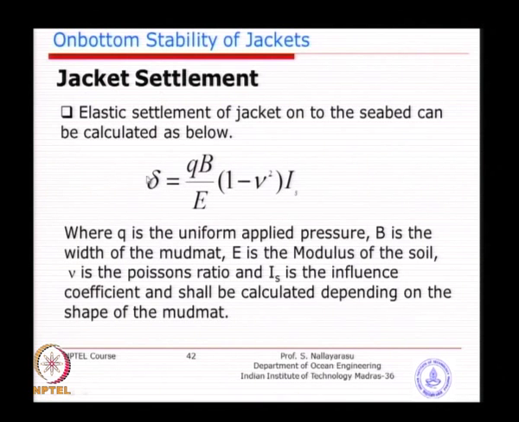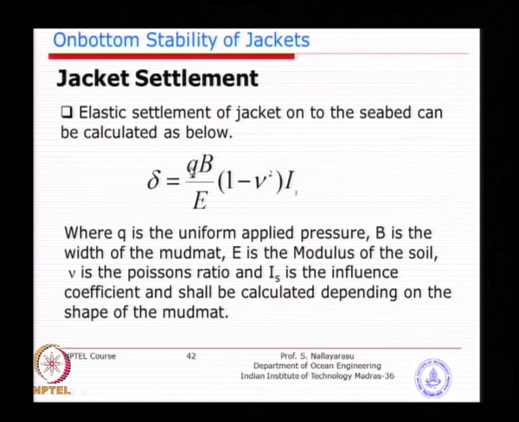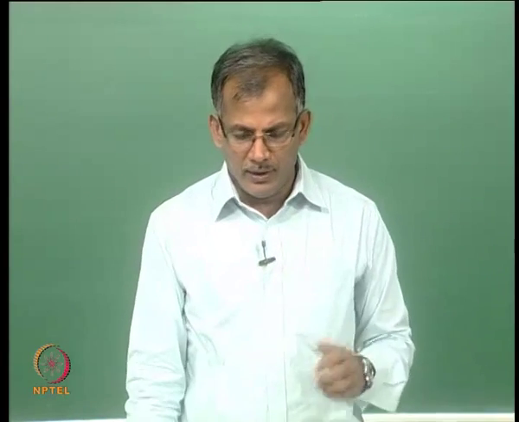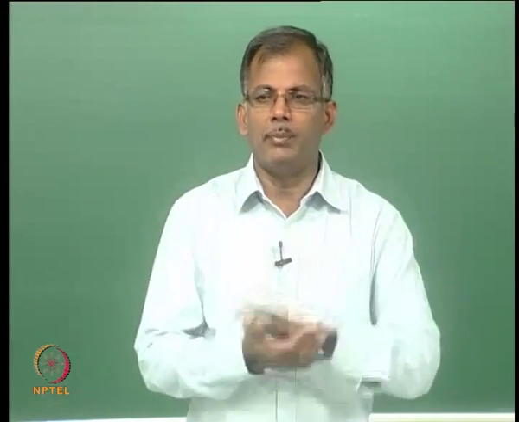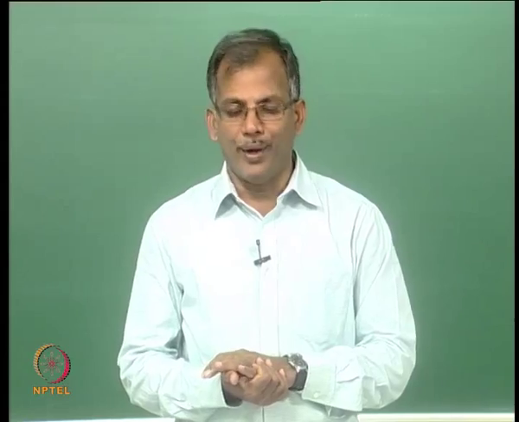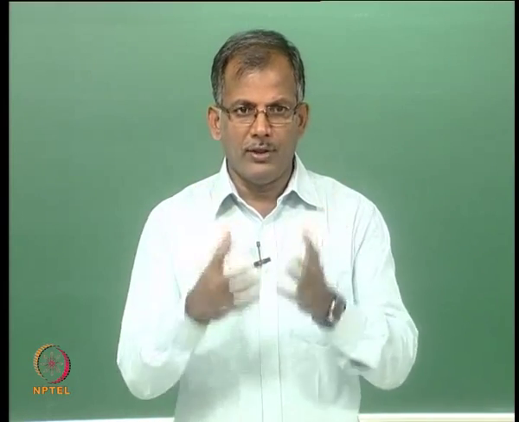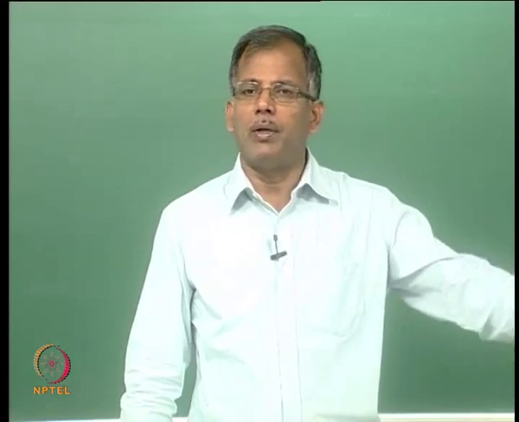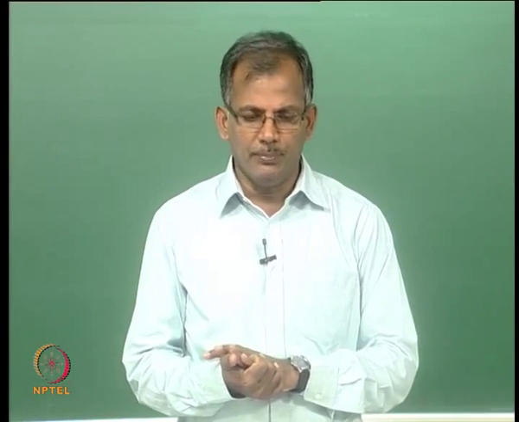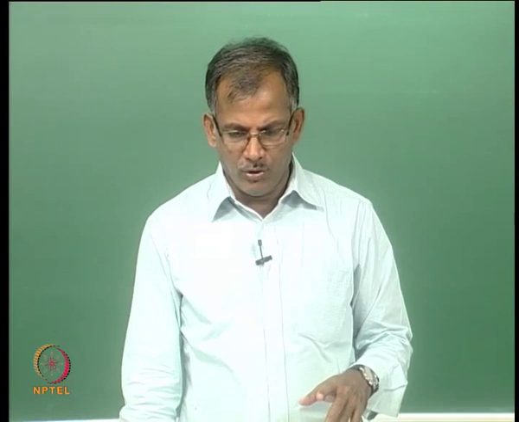So, this is the simplest formula that we normally use for estimation of settlement. Q is the applied pressure. It could be peak pressure if you want to find out one point displacement, or it could be an average pressure in an area. If you have a mud mat, like a 4 corner mud mat of, say, typically rectangular or square shape, you find out the average pressure in that corner and use that, or it could be a peak pressure at one particular location in the overall system, multiplied by the width in that location.